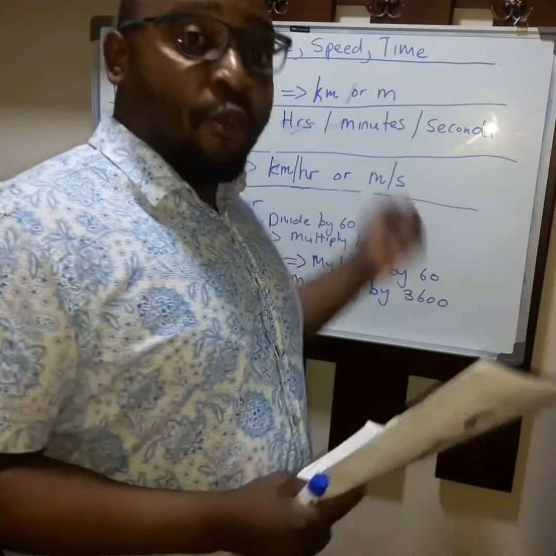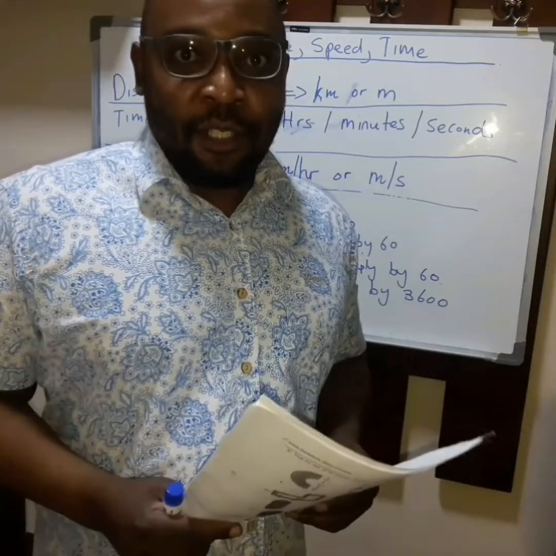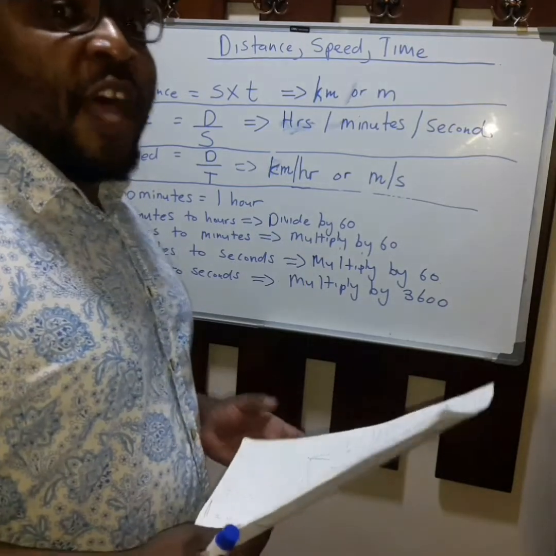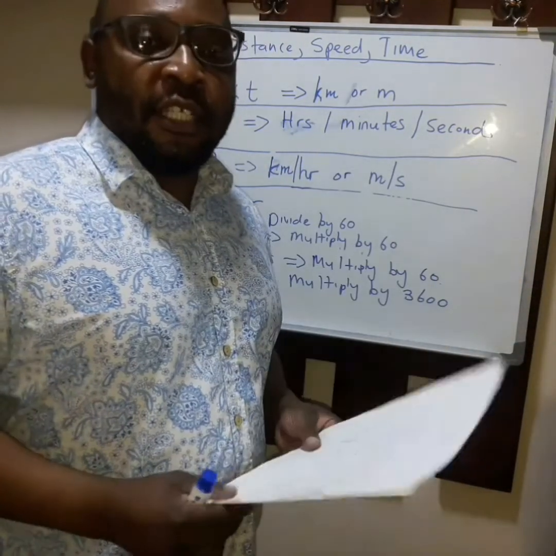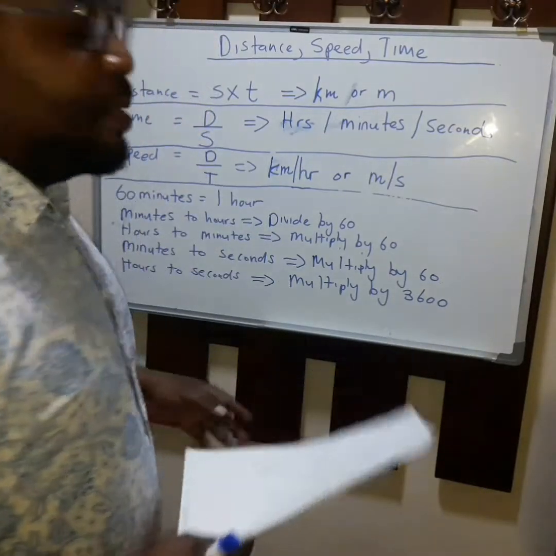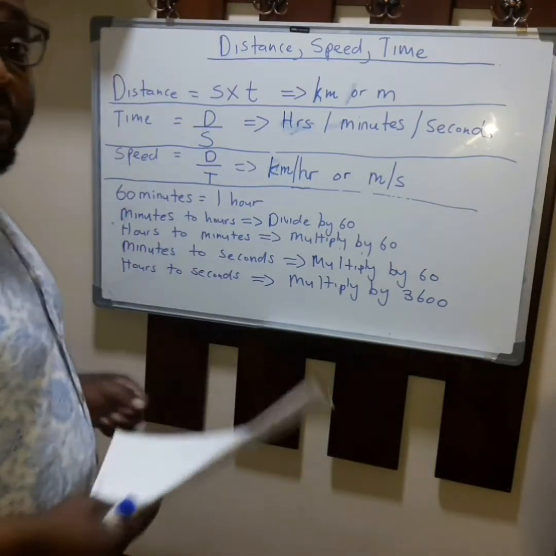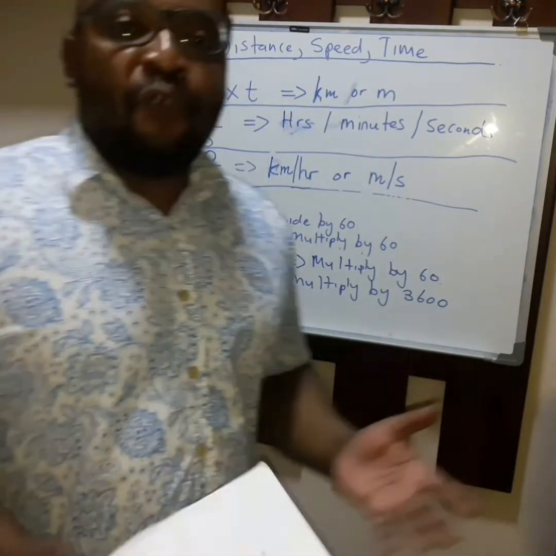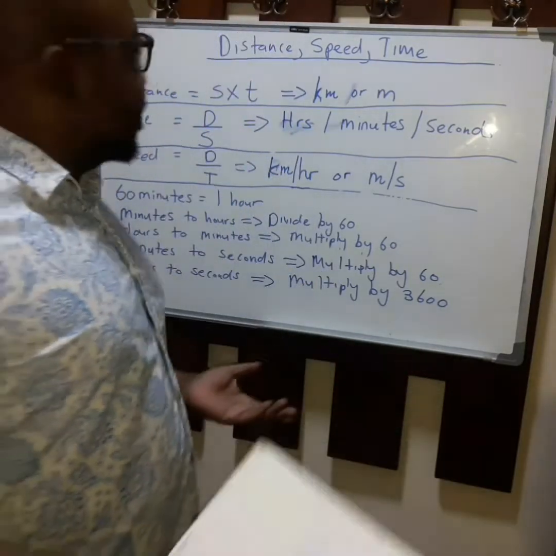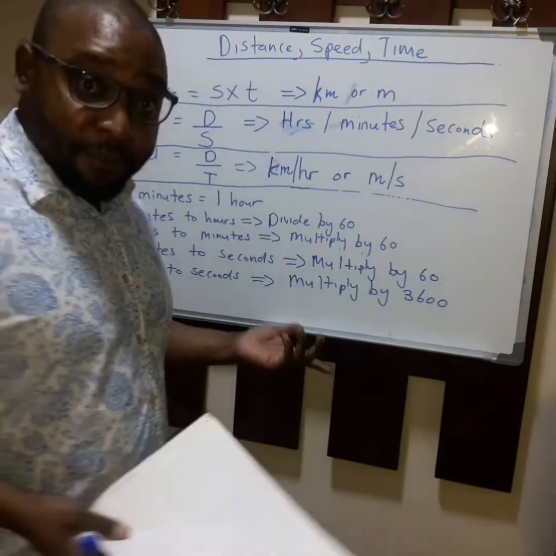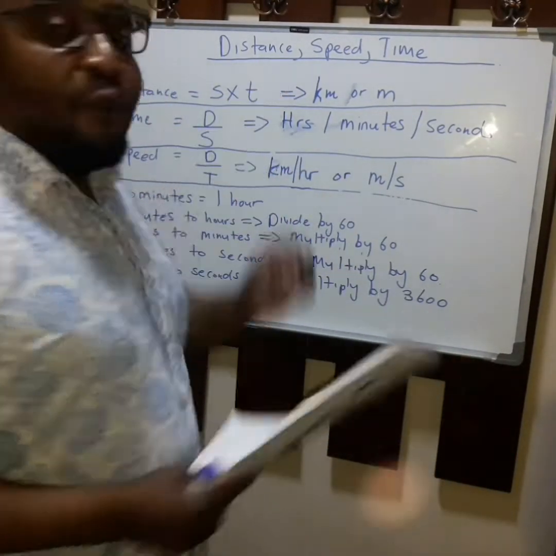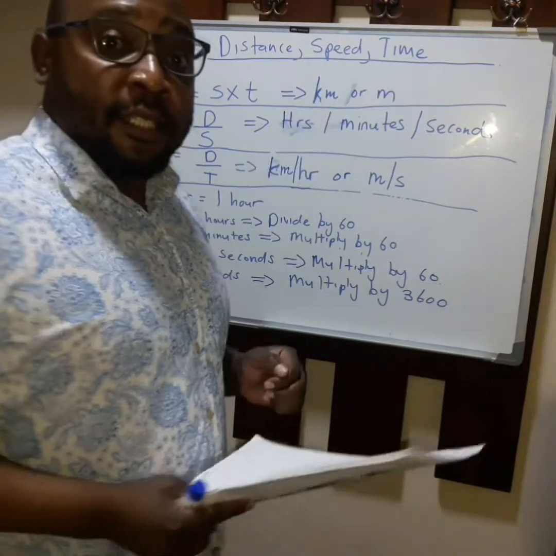And today we are going to dwell on such, in particular, distance, speed, and time. As a starting point, we will look at the definition of terms that enable us to compute any question regarding motion. In front of me, I have got distance, time, and speed. Distance is a measurement of length and is calculated by multiplying speed and time. And the units that are derived from such a formula are kilometers or meters.